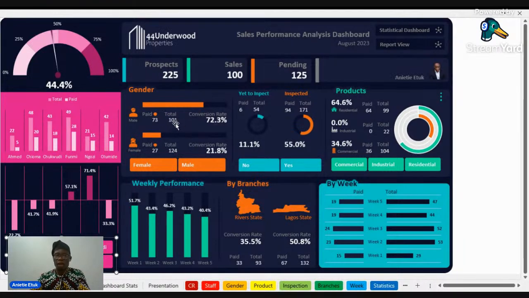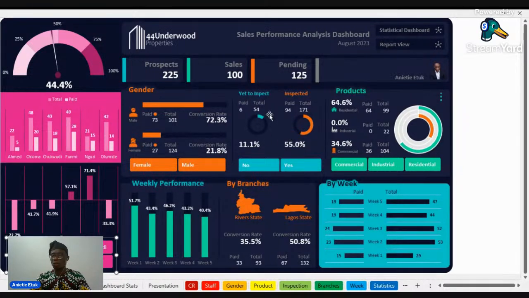Now if we look at this percentage very well, this 72 means, to an extent, that for every 10 male customers given to the salesperson to follow up, the probability that a male will buy is 7, but the probability that a female will buy is around 2 or 3. That means male is directly proportional to sales, and why Ahmed did not sell is because of the number of males.